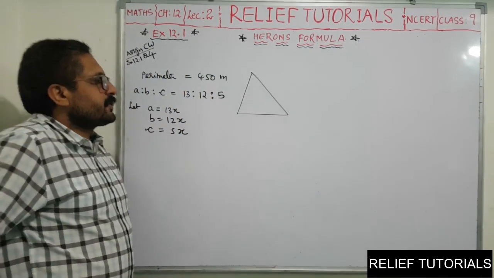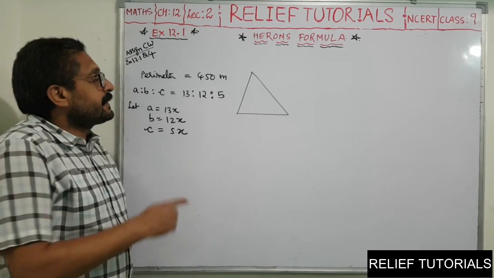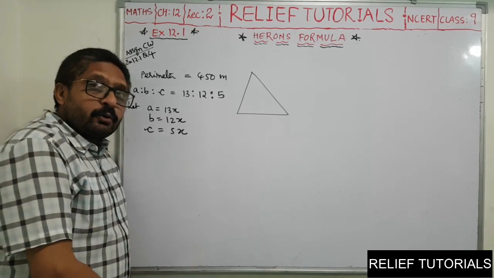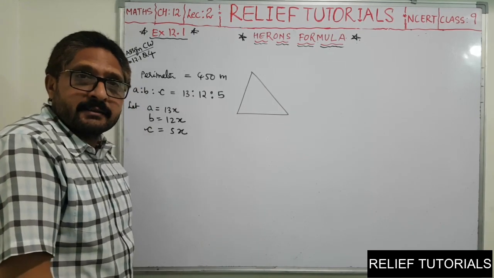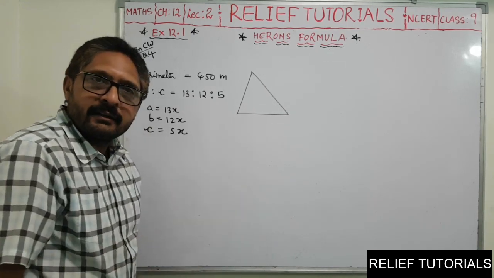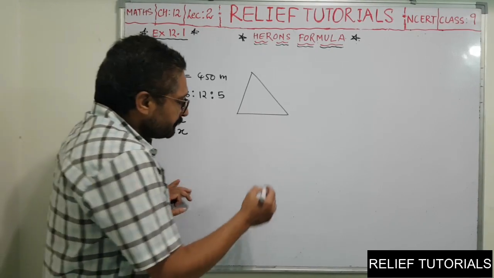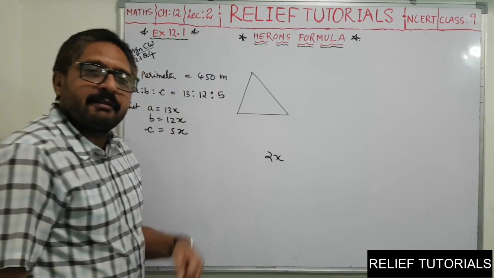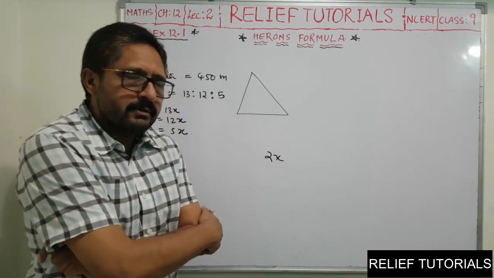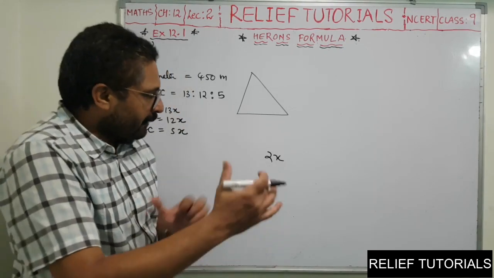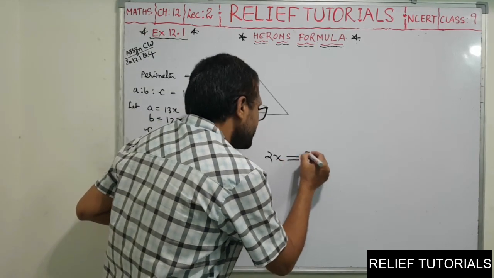So we got these ratios. Now perimeter is given. Now you want to find the unknown value x. If you want to find any unknown value x, you require some equation. For example, if I say, 2x, find the value of x. Will you be able to find the value of x? No, impossible. So if I give one equation like this, 2x is equals to 16.